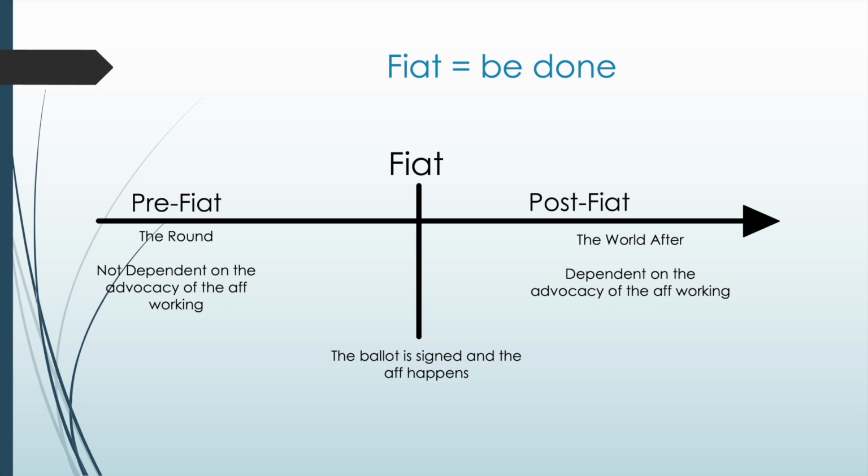I won't waste your time going through the whole spiel about fiat again, but I will just say, remember, pre-fiat is before the implementation of the AF, post-fiat is after the implementation of the AF, and most K affirmatives garner offense off of both pre-fiat and post-fiat things. So when we are structuring our response, we need to make sure that we are responding to both of those types of offense. When you are answering a K Aff, you should always be asking yourself, am I shutting both doors? Am I preventing pre-fiat offense and preventing post-fiat offense? Because either one hypothetically can win the K Aff the round. So we should constantly be having that question in the back of our heads.